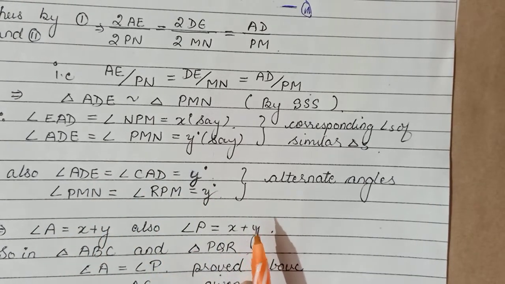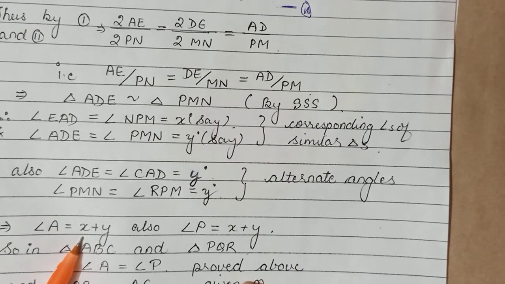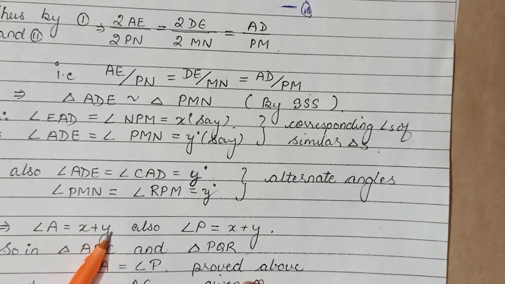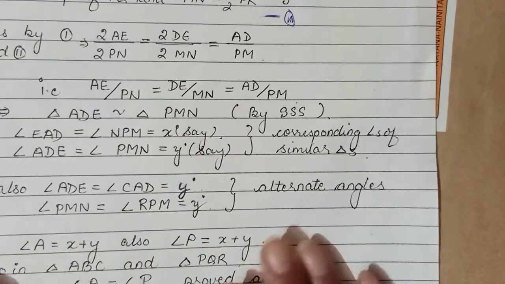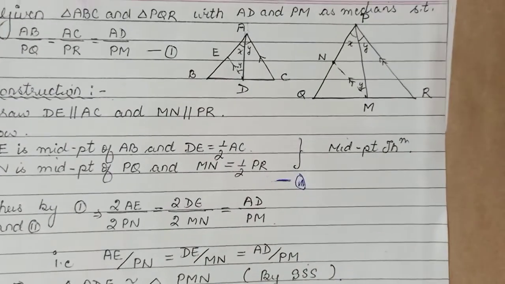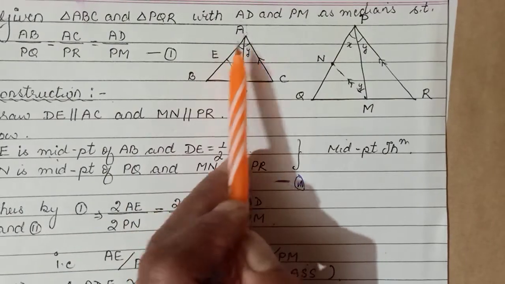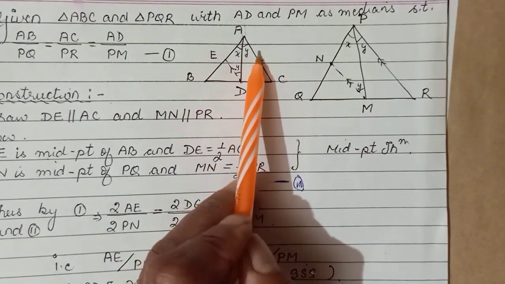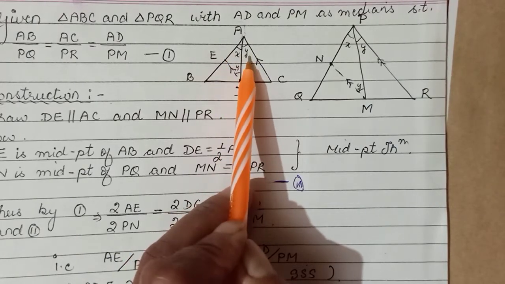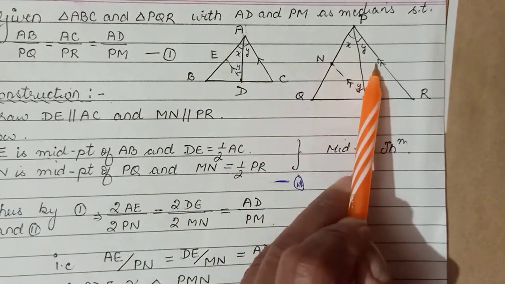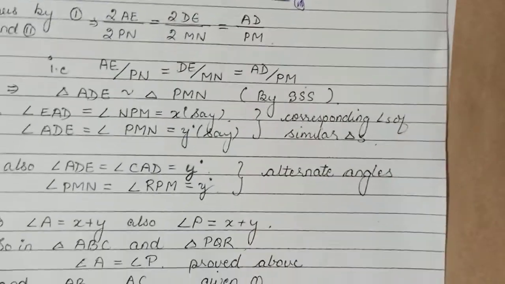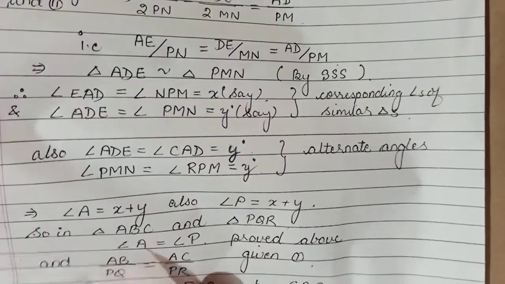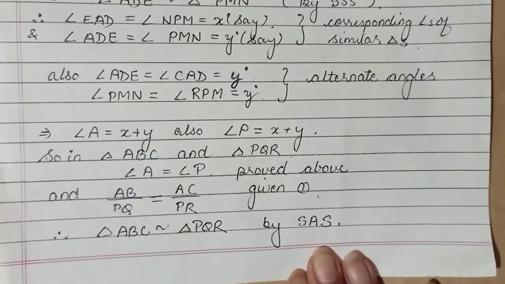Okay? So आप figure में clearly आपको दिख रहा है that angle A of the first triangle, the measure is coming as x plus y, and P का angle is also coming, measure is also coming as x plus y. Okay, this x, then this was also x, this was y, this was also y. So ये पूरा measure angle A का, बड़े triangle का x plus y है, angle P का measure भी x plus y है. So automatically angle P becomes equal to angle A. Okay, so which we will utilize further.